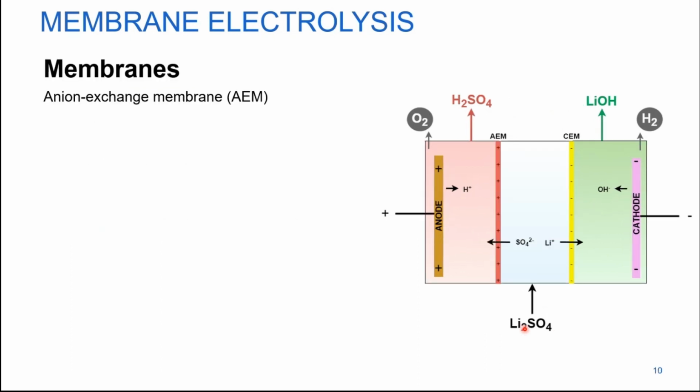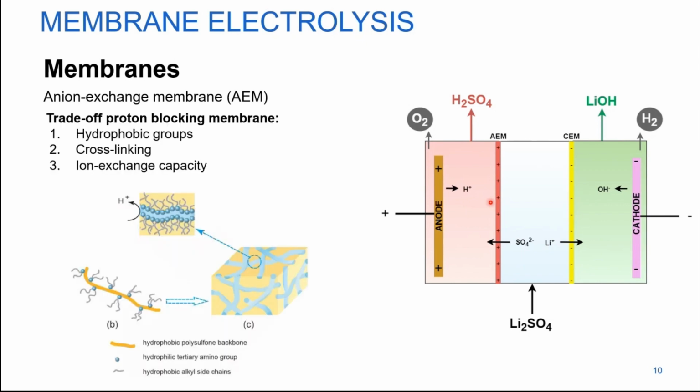Now, if you want to treat your lithium sulfate solution with an electrochemical cell, you would need a 3-compartment electrochemical cell where you include an anion exchange membrane. What will happen then is that your sulfate ions will go to your anolyte and accumulate in this compartment, while the protons that are being formed at the anode will be blocked by the anion exchange membrane. And if you are looking into concentrating this sulfuric acid as well, which can be beneficial because it can be used, for example, in leaching steps with the mining of mineral rocks,